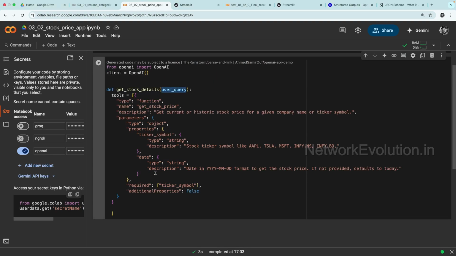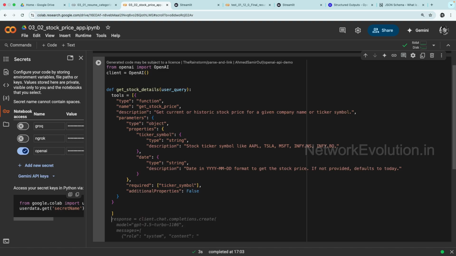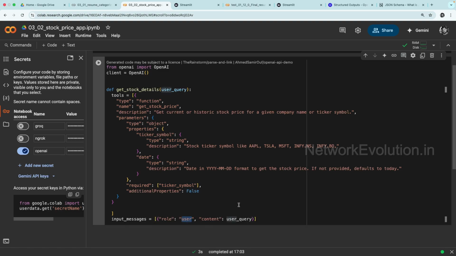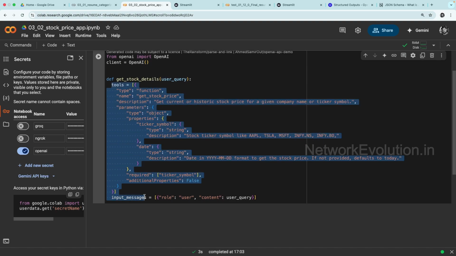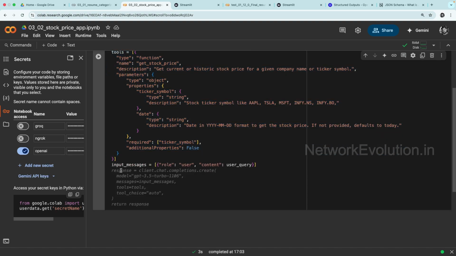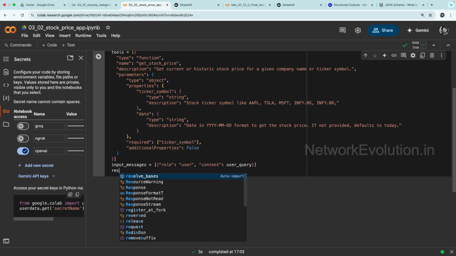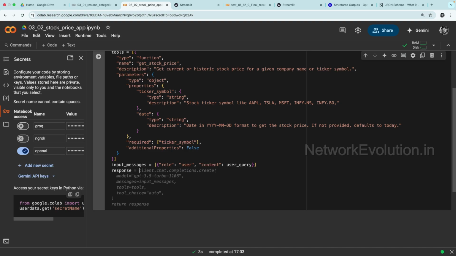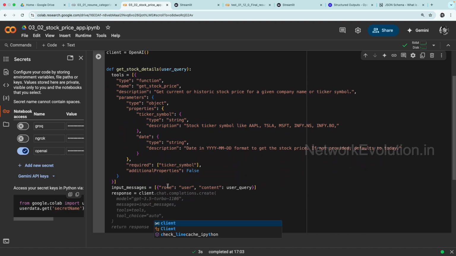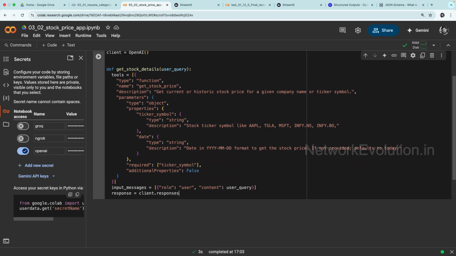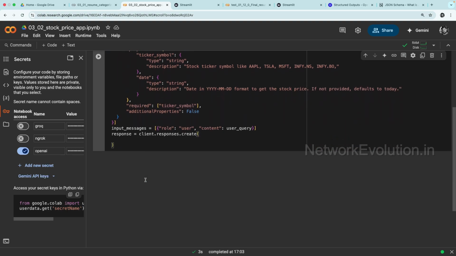And here we are going to pass the user query. So what we'll do, we will even create another variable called input message, and role is going to be user. Okay, so we have defined a variable for tools and input message. Now here we will add the code for LLM interaction. So I'll give response equal to client. So we have initialized the client here,